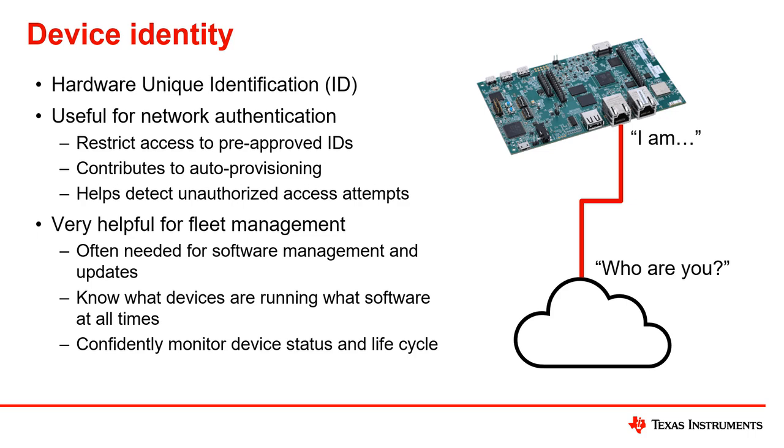Unique IDs are also great for fleet management. A lot of times these days you need to be able to say that a given system has a certain flavor of software on it, a certain versioning, a certain package, so that if that package comes up with a warning or a critical bug in it that may be a risk to security, you can quickly identify the systems that are running that software and deploy a patch as necessary to fix that, or at least know what systems are vulnerable to that problem. So unique identity is a very important aspect of security enablement, and it's very good for networks and other systems.